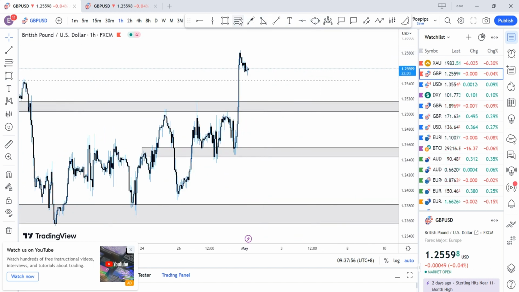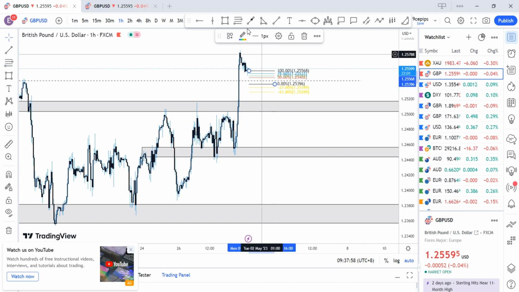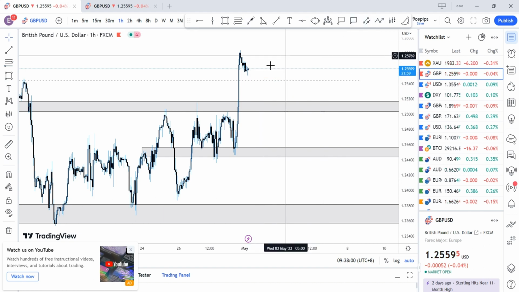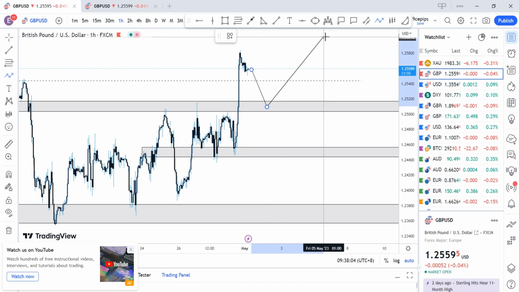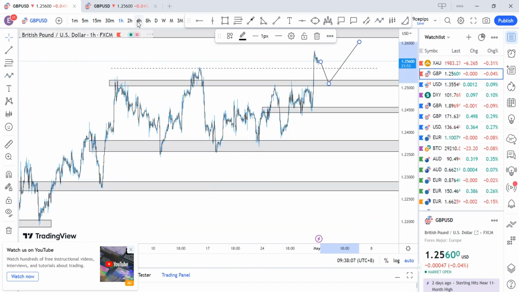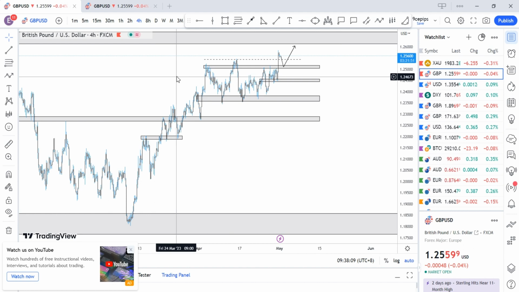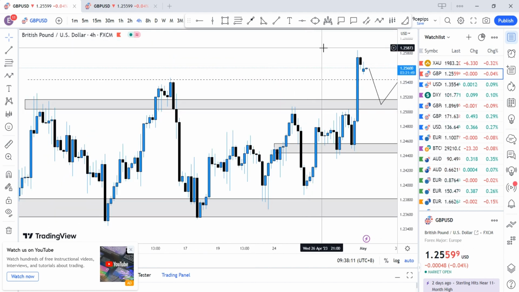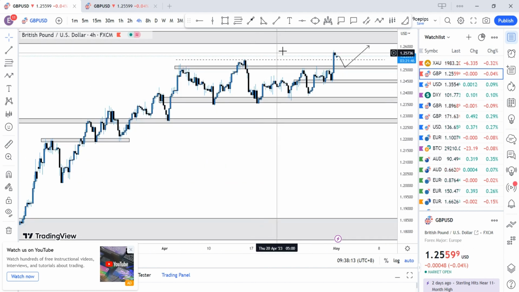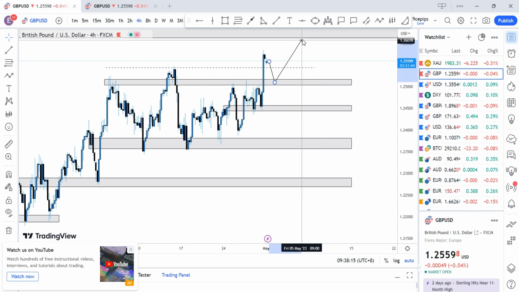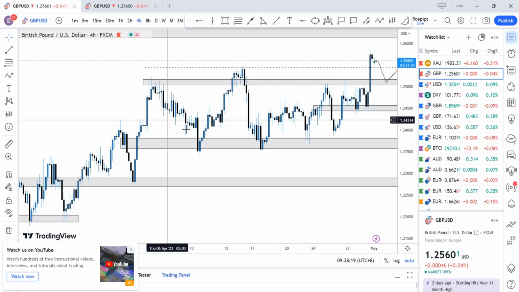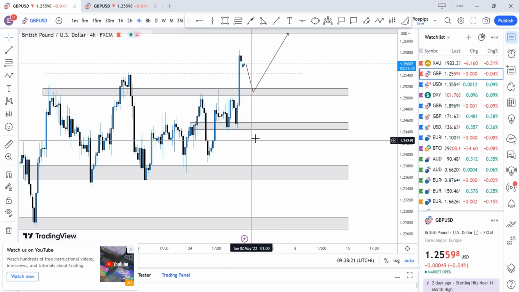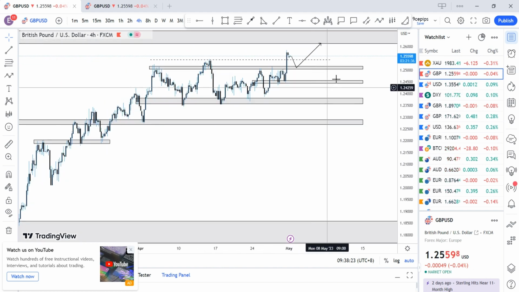Pretty simple, like this. We pull back to these regions here, boom, and we'll continue to the upside. This is what I'm anticipating here on pound USD: a little pullback to these regions to pick up orders, and we could actually retest 1.26. So that's that for the week. Very much excited for the week, for the opportunities we'll have.